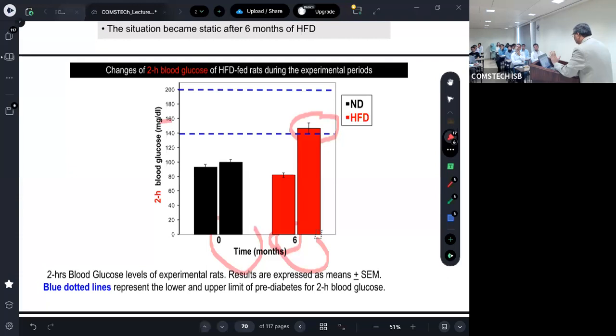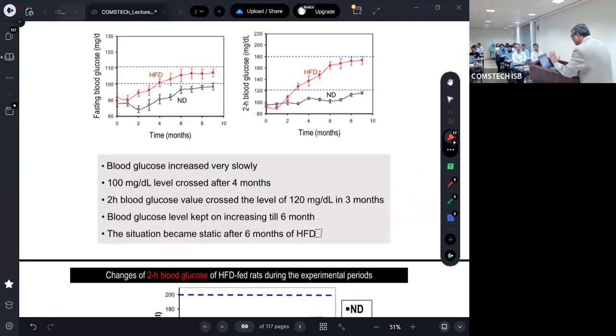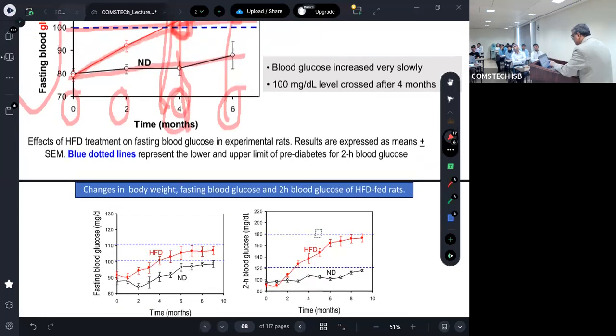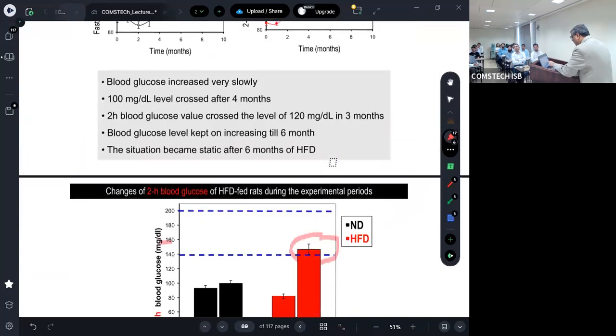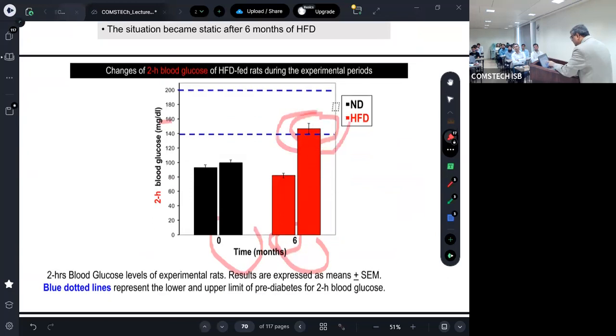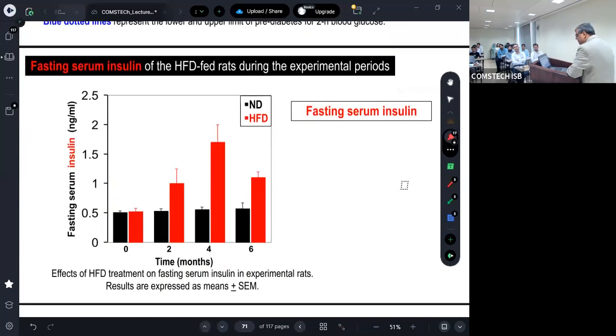One is at 4 months: the fasting blood glucose grows to 100, and the 2-hour glucose at 6 months grows to 140. So by taking this information, again, what we did, we measured whether it is